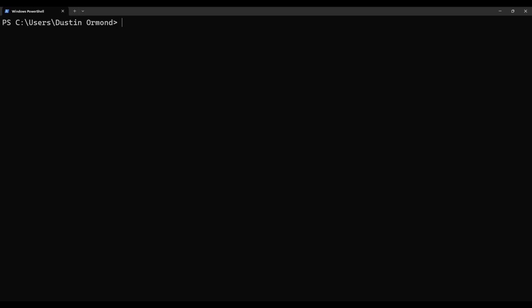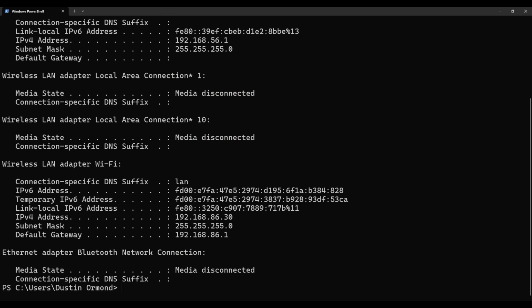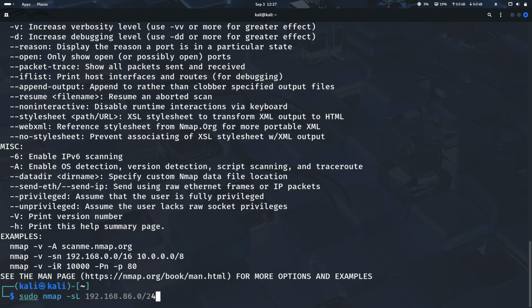And if you're on a Windows PC, it's ipconfig. If you're on a Mac, it is ifconfig. So I'll go ahead and run this. And you'll see that my IP address is 192.168.86.30. So I'm going to go ahead and use this IP address. So now that I have the IP address of my home machine, I'm going to run sudo nmap -sL